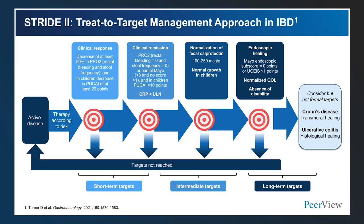And in ulcerative colitis, while not technically a goal of treat to target, if we are able to reach histologic healing, we do recognize that that's a more durable remission, and that in fact that's actually associated with a reduced risk of colorectal neoplasia over time. So we've actually mitigated their risk and prevented a complication potentially in terms of development of neoplasia. So again, it's a process where we're working with our patients and actively monitoring them to potentially reach each of